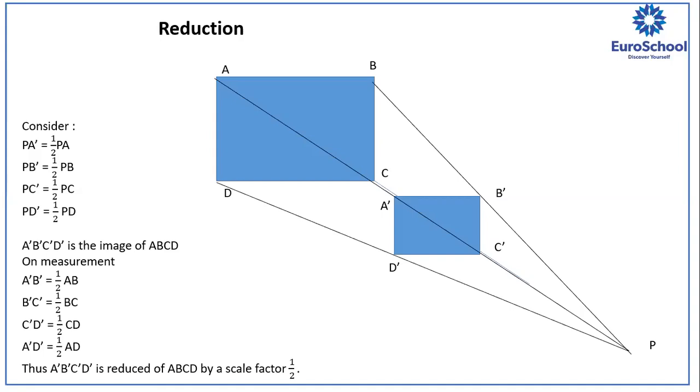So whenever you reduce something by an equal amount from all sides, that's your scale factor, and that's your reduction. You're reducing it to a smaller picture, and the image you get after reducing it from all aspects is reduced by the same scale factor. Understood? Is it clear now? Yes, ma'am. Is there anyone who has a doubt? No, ma'am. Okay.